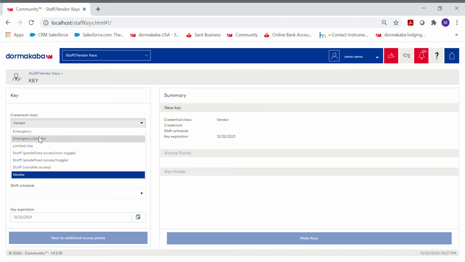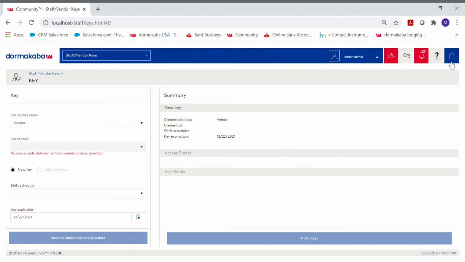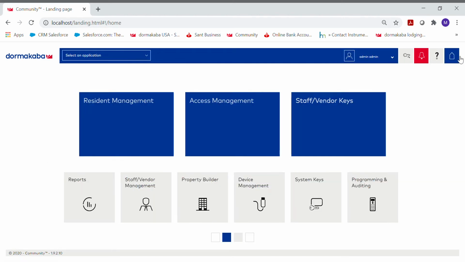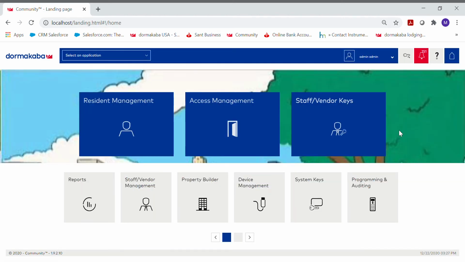You also have to cross-reference this with the actual door locks to see how they were set up in the database, and if they were set up to be toggle enabled as well. Now, that being said, if you're not sure if that was done, or if you suspect somebody may have made a credential in error for toggle mode when you didn't intend it, or the other way around, the other thing you can do